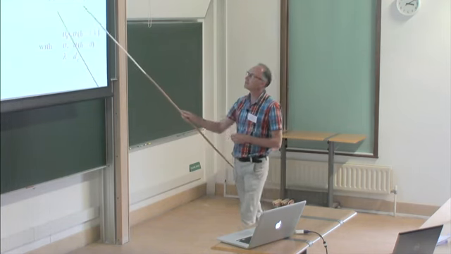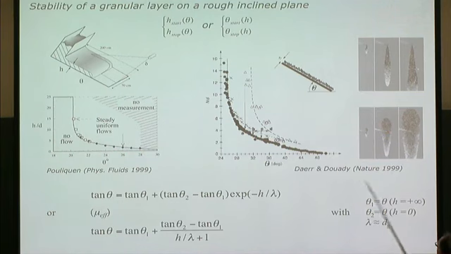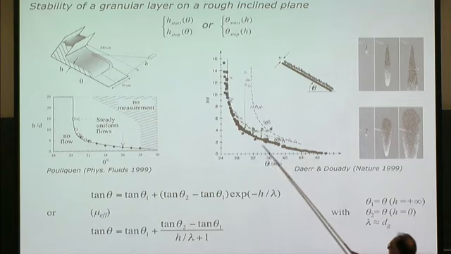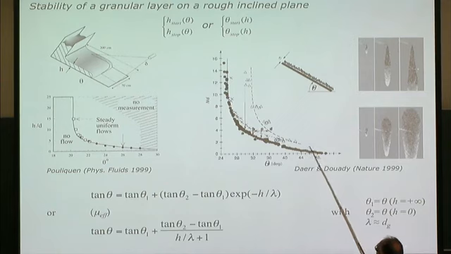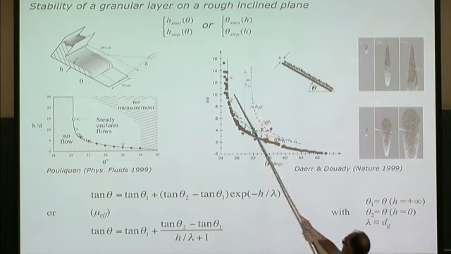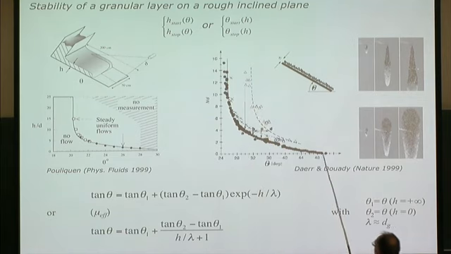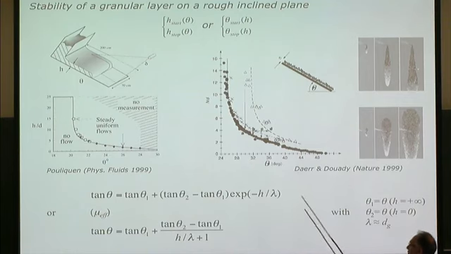Theta 2 is the angle at which the thickness of the layer tends towards 0, and lambda is a characteristic length that corresponds to the decreasing of the height from theta 1 to theta 2, and this decreasing function can be an exponential one or